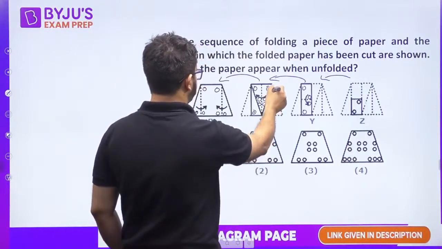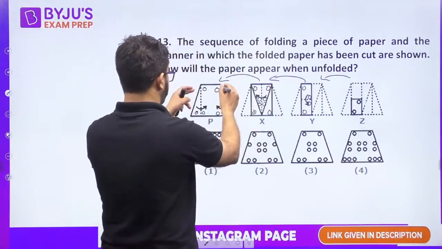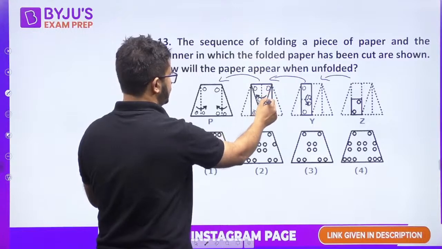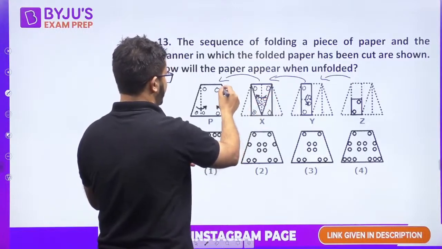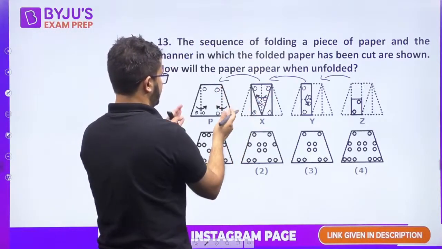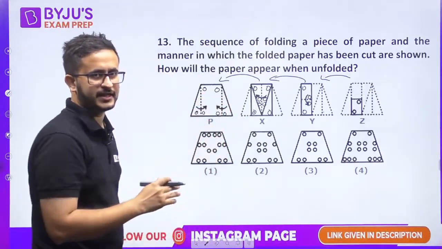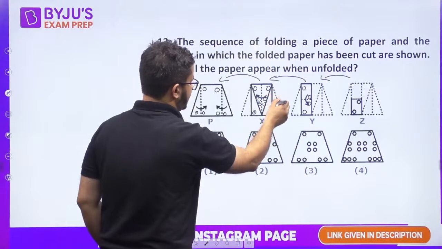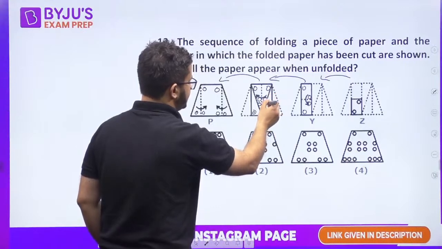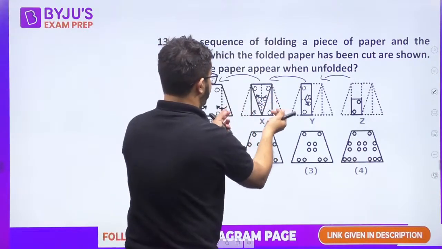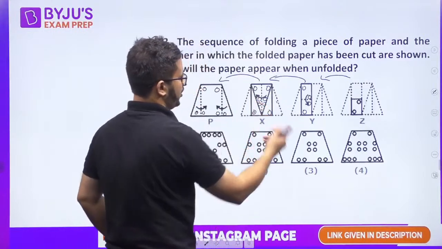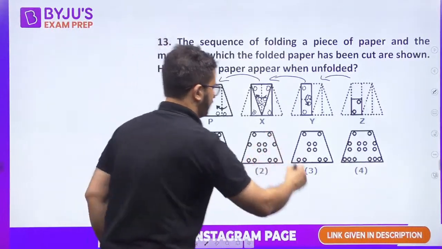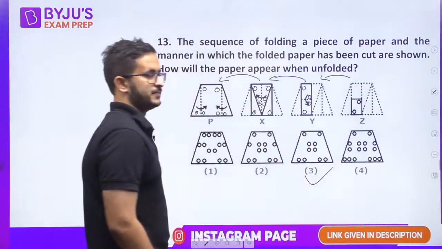see this part, if you see this triangle, okay, this triangle was coming here like this, right? It is not overlapping this part. So when this triangular portion was folded inside, it was not covering these circles. This triangle was here, it came inside, but it will not cover the circles. So when you open it, these 4 will not be displayed outside. Okay, so we will have 4 circles only in the center.